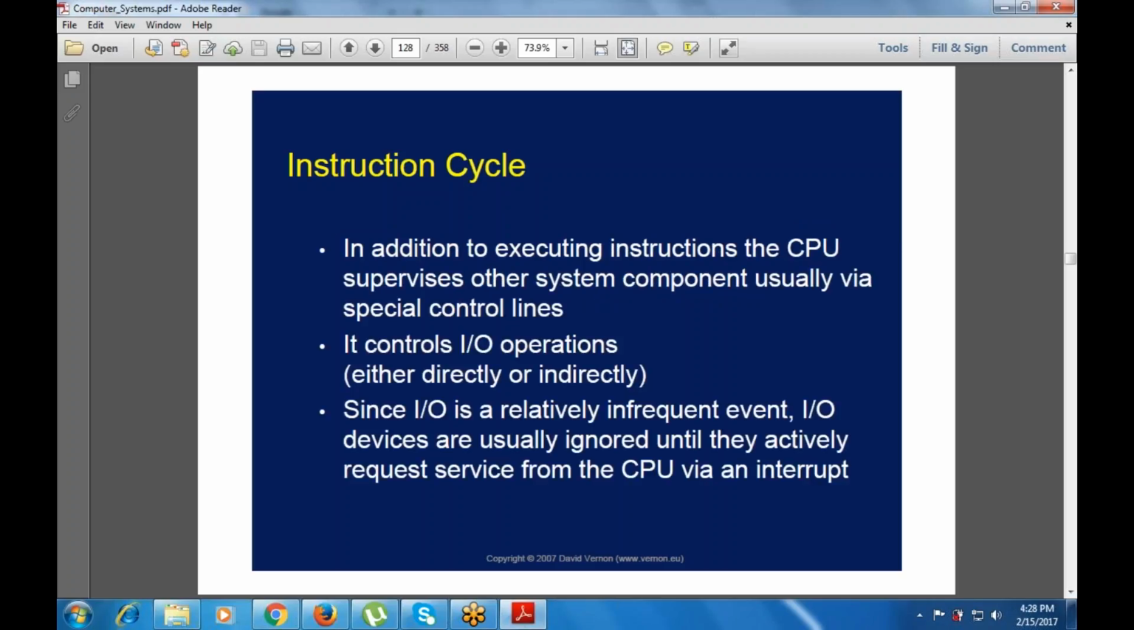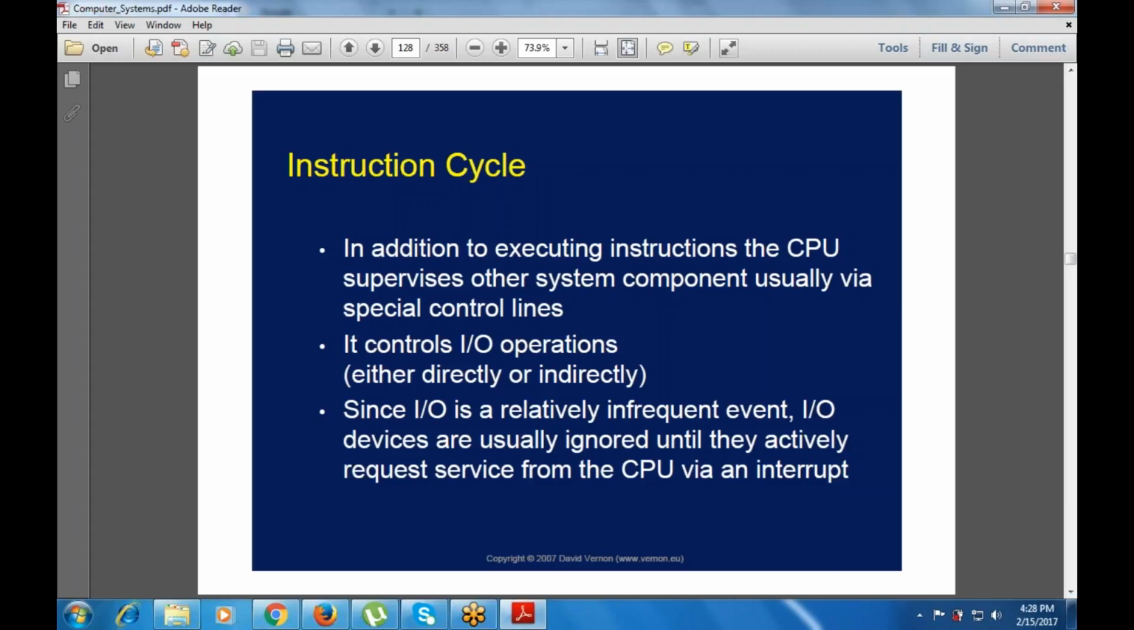In addition to executing the instruction, the CPU supervises other system components, usually via a special control line. What is that special control line? It is the CPU that supervises each and every component. It also controls input-output operation, which is done either directly or indirectly. And since input-output operation is a relatively infrequent event,